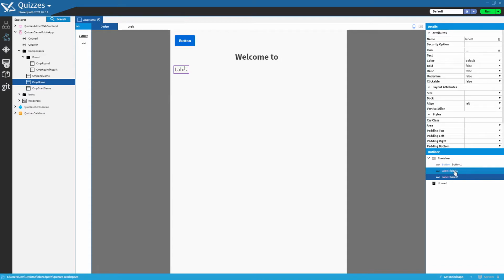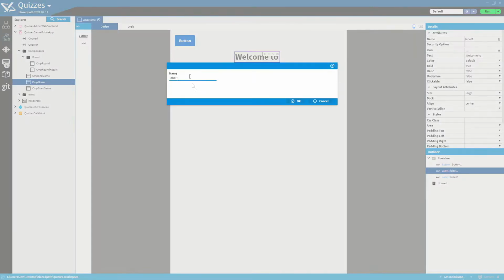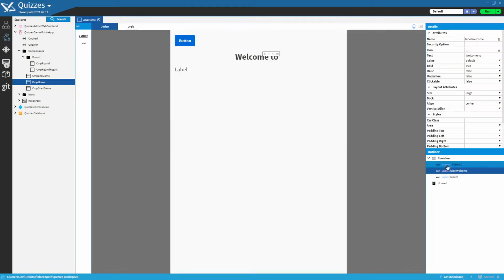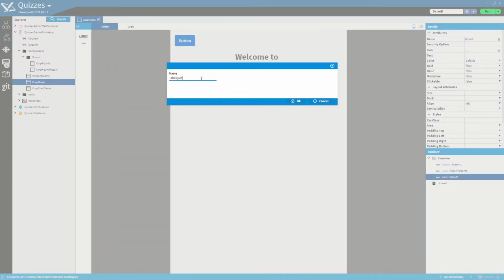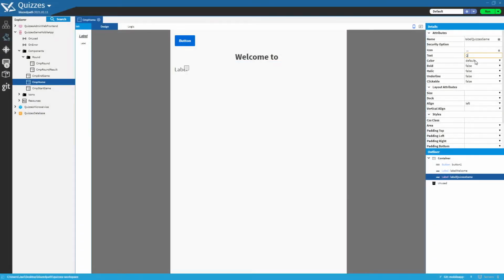Then we are going to drag another label that will contain the text "Quizzes Game", again in bold and centered, with a primary color and with a font size extra large. I'm going to name the widget label quizzes game, again in camel. We're going to set the properties bold equals true, size equals extra large,